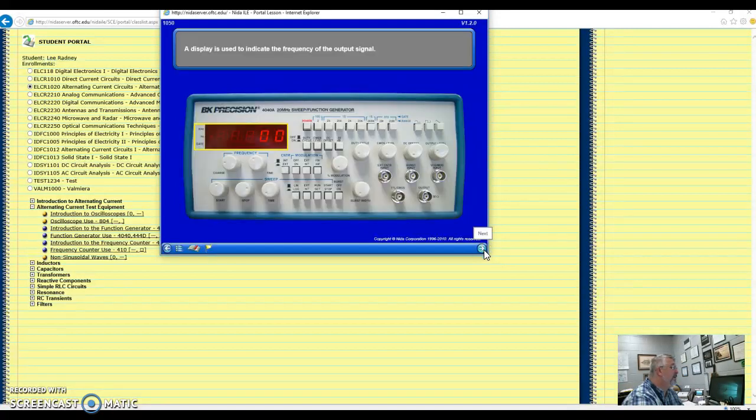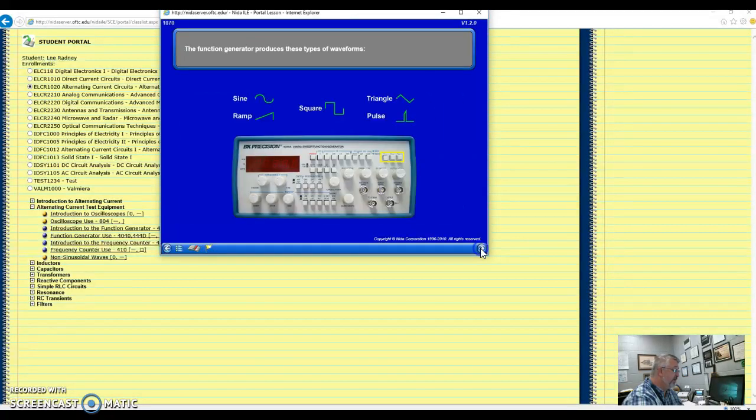The one thing we can see with a function generator is the frequency of the output signal. So when we are asked to set this thing, say, for 6 volts peak to peak at 20 kilohertz, that's easy as far as the frequency. We can see it on the dial. In order to know that we've got the right peak to peak value, we're going to have another instrument, and we'll get there in a few minutes. You see all these different controls and things on this particular one, and you can kind of see the different types. What you'll deal with mostly here is sine waves. You may deal with some of the others, and you'll definitely see it